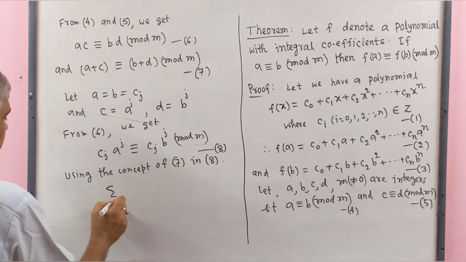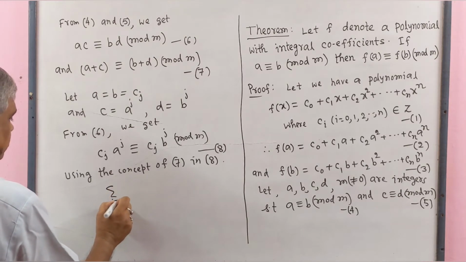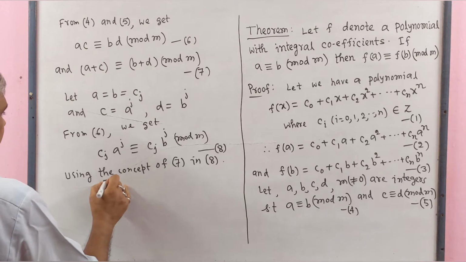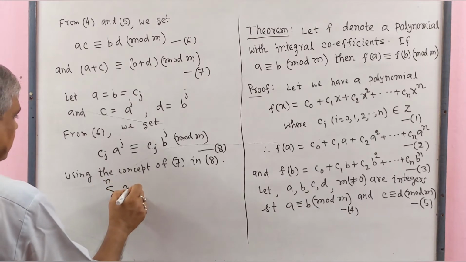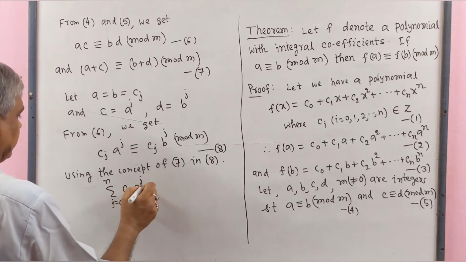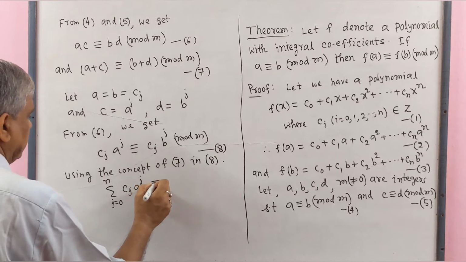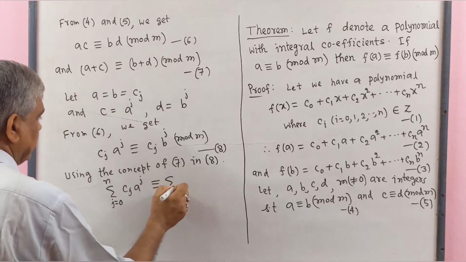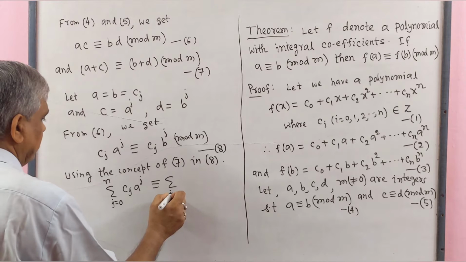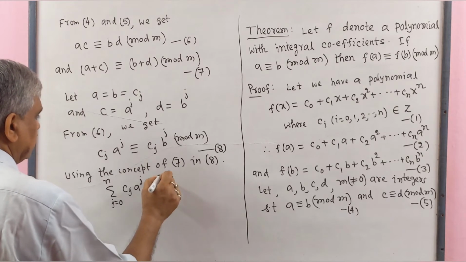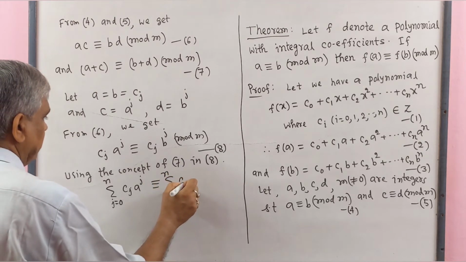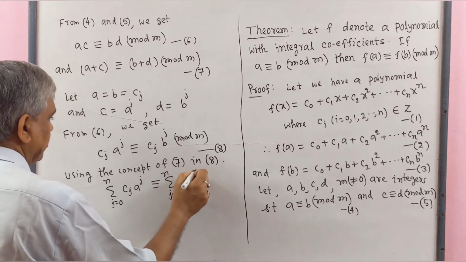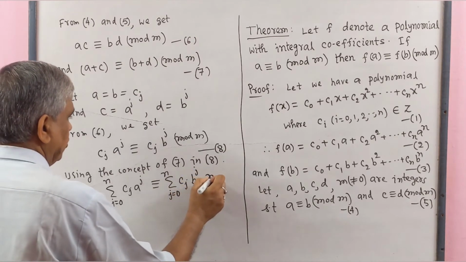We get sigma j equal to 0 to n cj a to the power j congruent sigma j equal to 0 to n cj b to the power j modulo m,